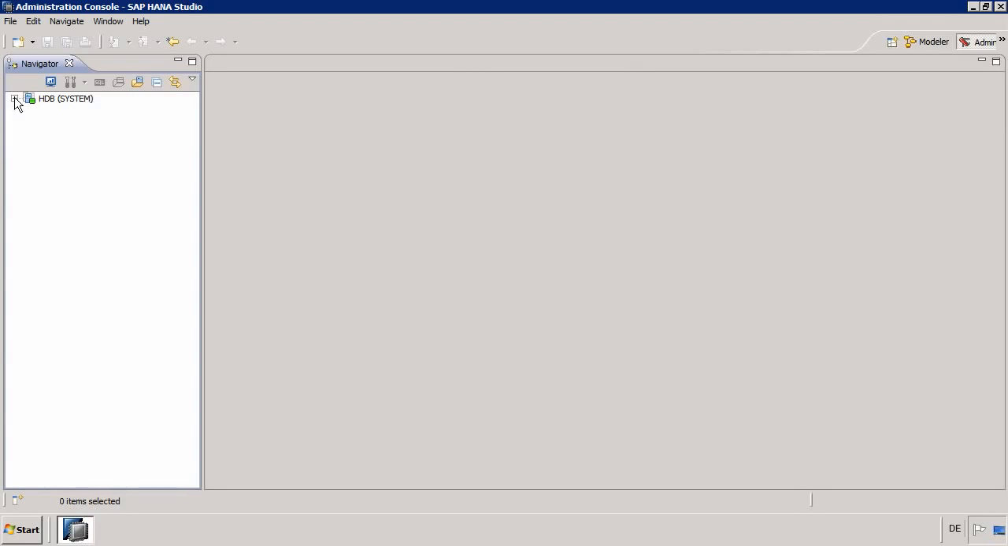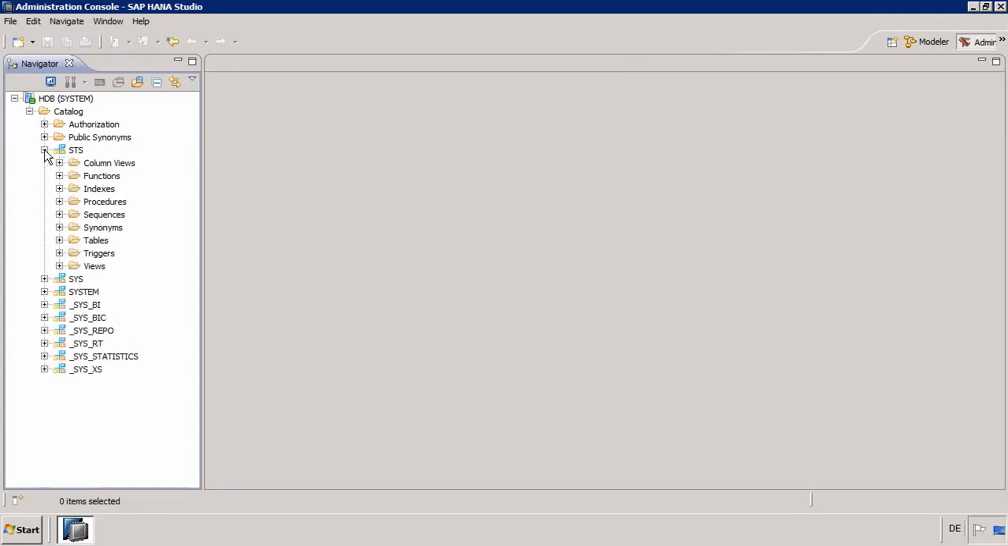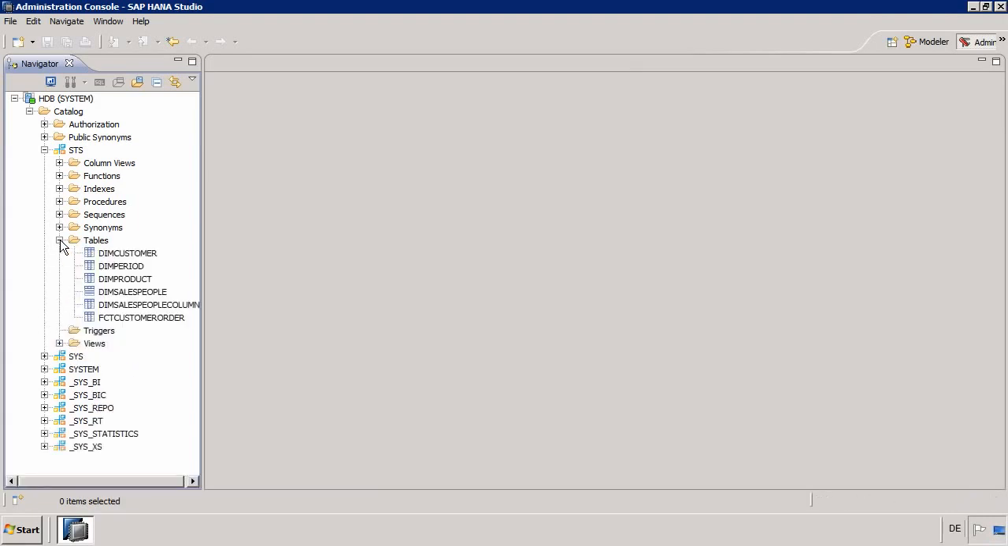So if I expand my database, expand my catalog, we have here a schema called STS. If I expand the schema, all triggers that we create will be stored in this folder called triggers. So the example we're going to do is as follows. If I expand the tables within the STS schema, you can see that we've got a table here